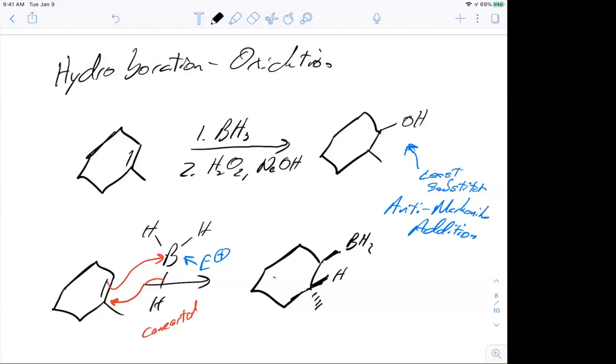This is a cyclic example, but if they added at the same time in an acyclic example, then we couldn't have free rotation. If we can't have free rotation, that means we get both of these occurring at the same time. So the nucleophile attacks the electrophile. The electrophile is the boron, but at the same time, the hydrogen reacts with the more substituted position. So if we think about